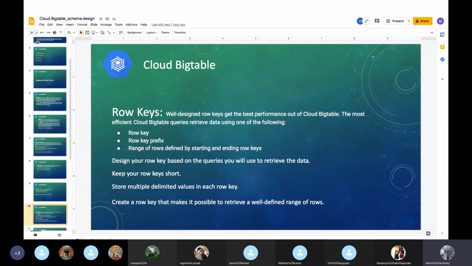Now, row keys. Row keys work like an index in a normal table, and they are uniquely named. It can be a number, it can be alphabetic, but they will be stored in a table in ascending order. So keep your row key short. A row key must be 4 KB or less, so the row key stores 4 KB of data maximum.